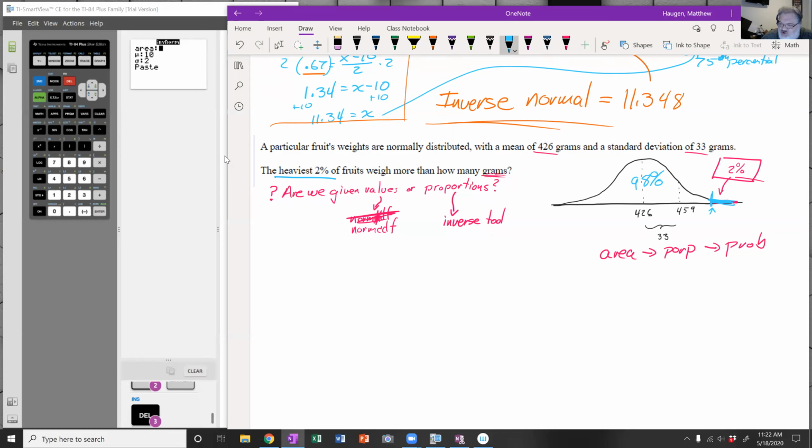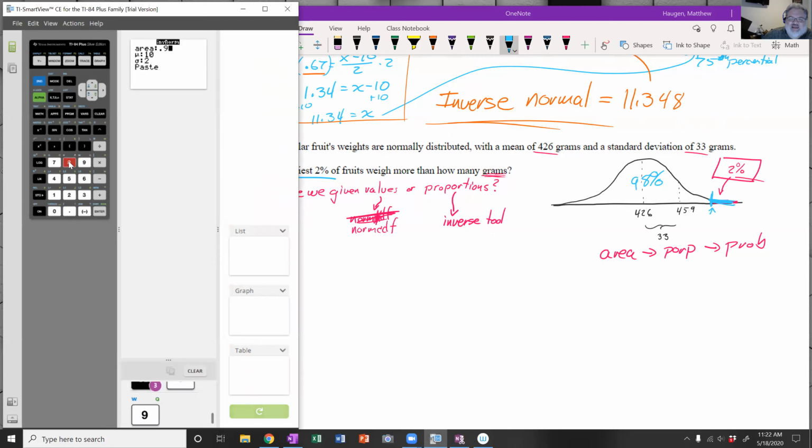The boundary for the highest 2% is the same as the boundary for the lowest 98%, and that's what our tool does. I mentioned this last week a bunch, that our tools will naturally want to measure things down, not up. So the area that we'd want is the 0.98